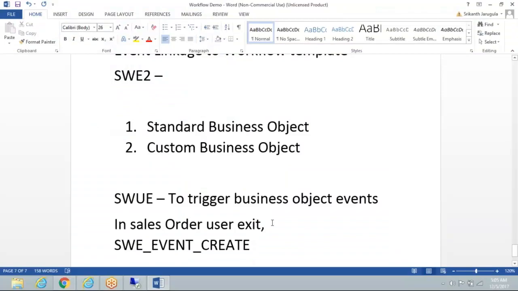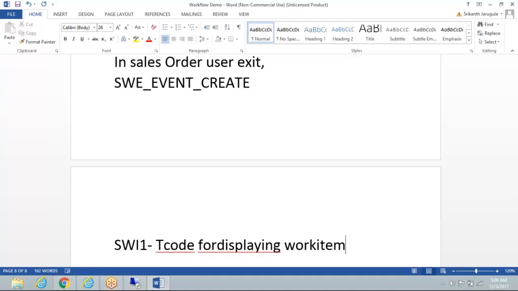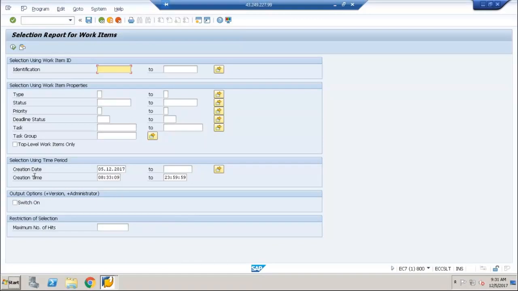So the transaction code is SWI1, the T code for displaying work items. Also we can see the logs here. Okay, for the workflow I'll show you now. So today is the date, so I want to see the work items which are created with today's date.